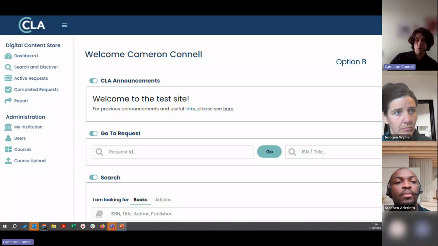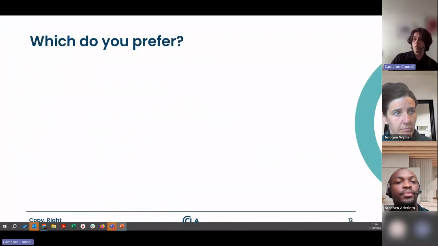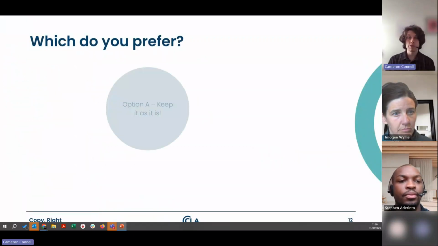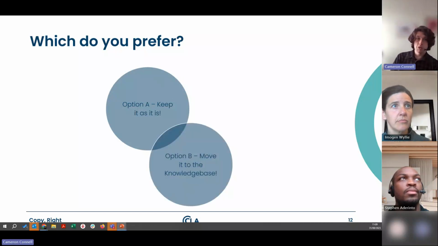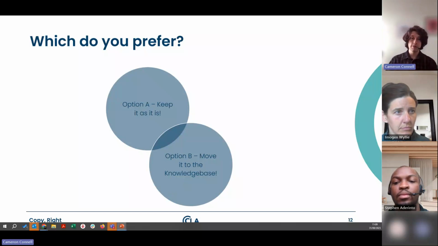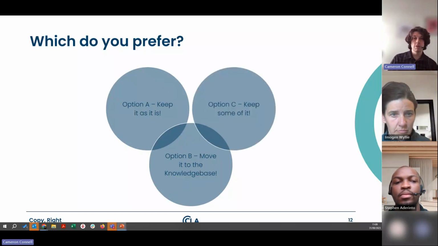So what I'd like to ask everyone here is which option you prefer. We've got option A, which is to leave it as it is now. It's had a bit of a trim, so that will still leave all the links on there. We're not going to trim it down any further. Option B, to move all the information on there currently to the knowledge base, so you can just click a link and go through to it. Or option C, to move some of it and not all of it. So if there's anything that you'd like us to move, but you think there are some especially useful links on there, please let us know which links you'd like to keep.